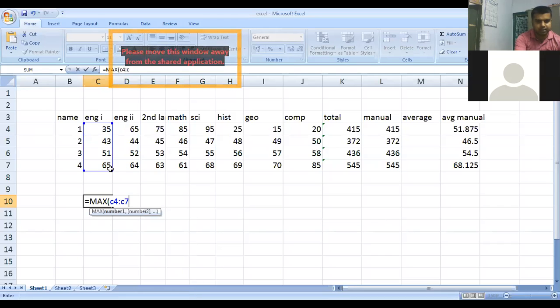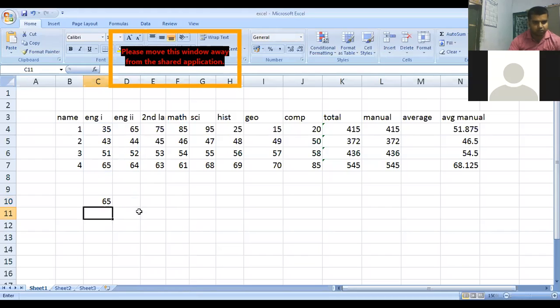You see that the whole range of cells has been selected. Whichever student has scored the highest mark, his or her marks will be shown in this cell. So I close the bracket and press enter. From here 65 is the result obtained.